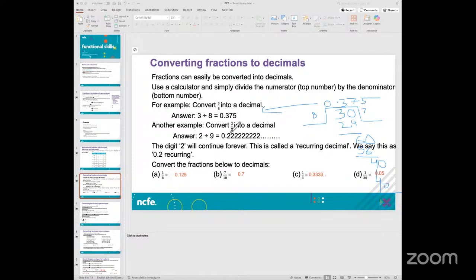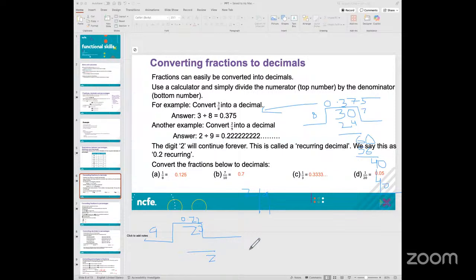Now, let's look at another example. If you had to divide, say, 2 by 9, you would follow the same process. So if I look at 2 here and then divide by 9, how will that work? You have 0 because you cannot divide 2. 2 is smaller. You put a dot and you make 20 here, right? So 9 2s are 18, 0.2, and you are left with 2, 18, take away 2. Then again you put a 0 here, and again you get 2. So this number will continue forever because every time you take away 18 from 20, you are going to get 2. And then you again go back.